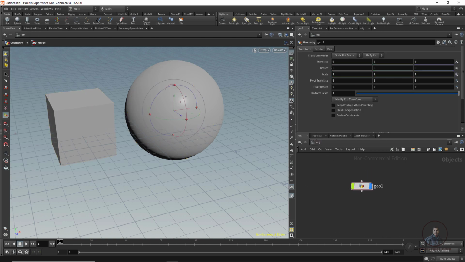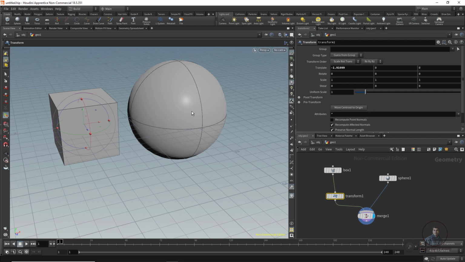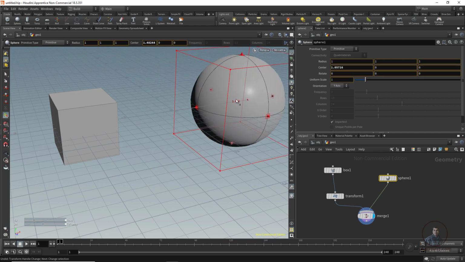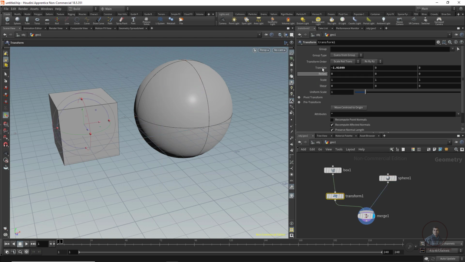If you move here, click the middle mouse button and click. Now just see. If you move this object or adjust any parameter of this node, it will affect both objects. So if you want to adjust an individual object, then we have to go again inside this. From here you can manage it one by one. Suppose you want to move just the sphere, then select the sphere, take this transform tool and manage it like this. Even without transform you can, but if you take transform, you will get different parameters.